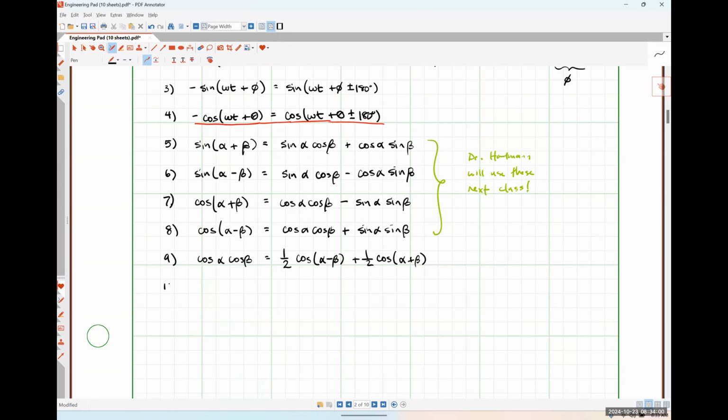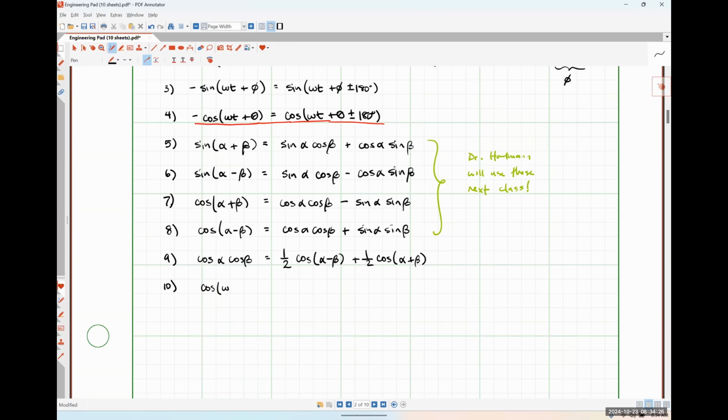And then the last one here is, in my opinion, probably one of the most important equations in all of electrical engineering, okay? This is what's called Euler's identity. If I was to ever get a tattoo, it would be related to this thing. That's how important I feel it is, okay? So Euler's identity tells us that